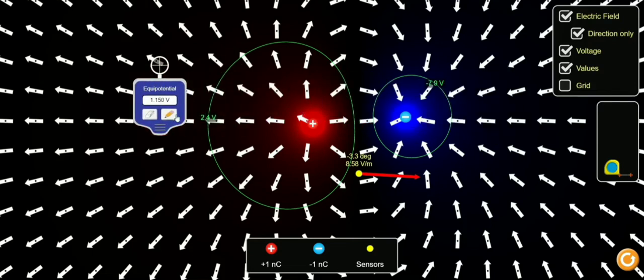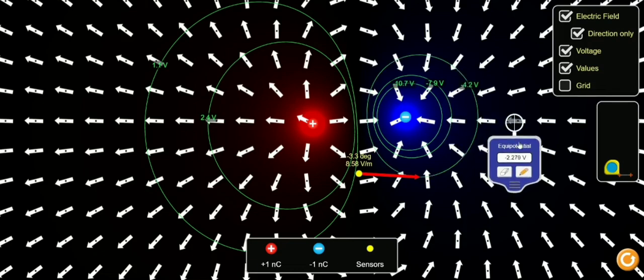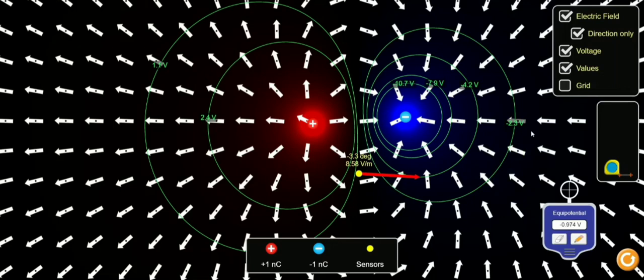Fine, okay. If I draw here, you see, here we draw, okay, you see, fine, right? So you see the potential value is getting increased, right? That we have studied. When we move away from the negative charge, the potential value will increase. When you move away from the positive charge, the potential value will decrease, right? All that we studied in potential. So this is a beautiful concept, right?